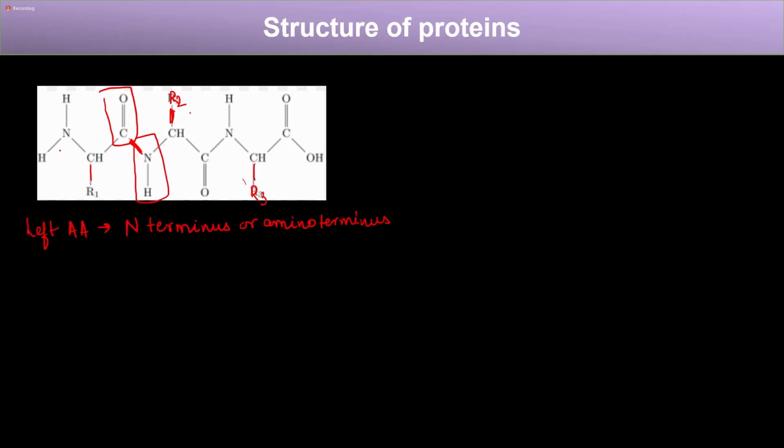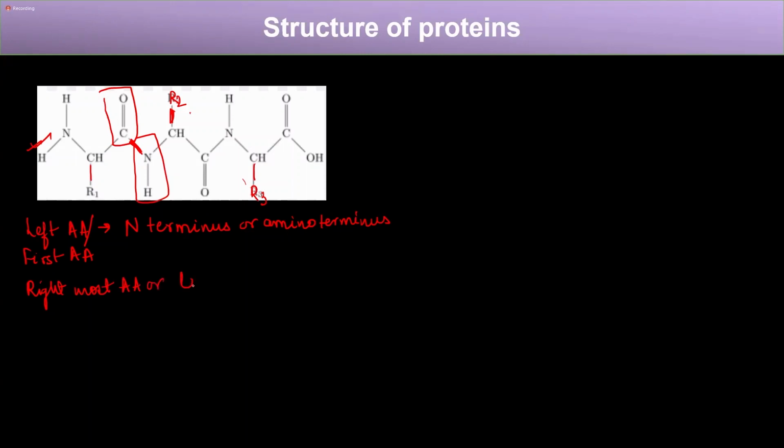By N-terminal, what I mean is what group is present at the leftmost or the first amino acid. At the left amino acid, we have an NH2 group present, right? Because of this NH2 group, it is called the amino terminus or N-terminus. Similarly, if we talk about the right amino acid, the rightmost amino